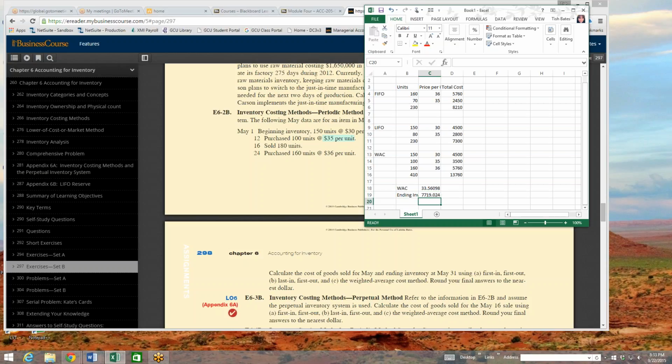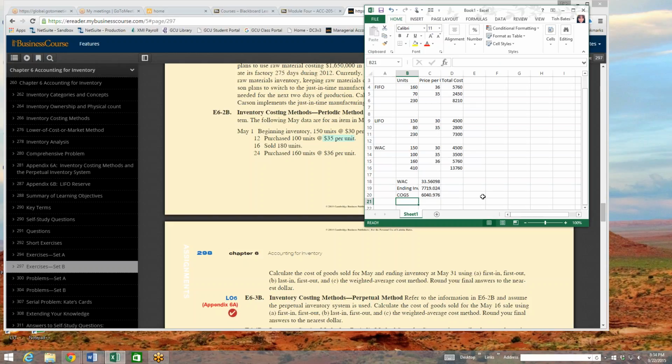Once you put that in play, you can then also get your cost of goods, so your COGS, cost of goods sold. To figure that out, you take that 4,500, so equal sign 4,500 plus the 3,500 plus the 5,760 and minus this 7,719. Okay, and it gives you that